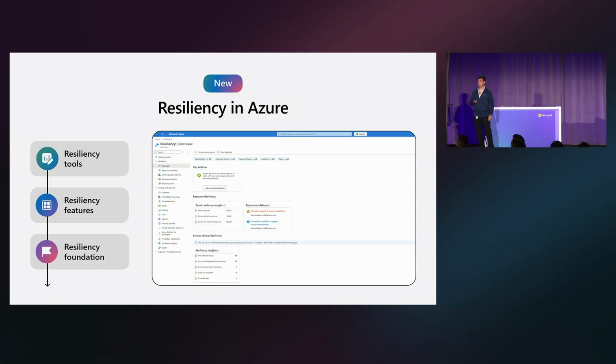Well, when we think about resiliency, we divide it into three parts. The first, as Microsoft or as Azure, we have laser focused on the foundational capabilities to ensure that our services by default are resilient. With that said, as you run mission critical applications on Azure, you would still need to configure for added protection on top of what we offer by default. That's where the resiliency tools come into the picture. All of that is enabled by the resiliency features or capabilities.